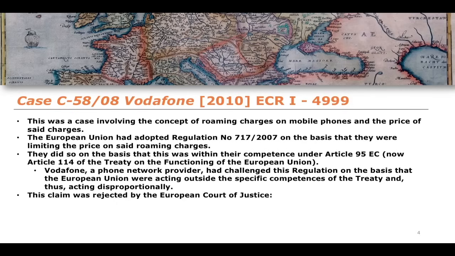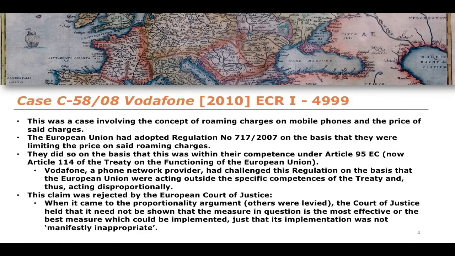The claim, ultimately, though, was rejected by the European Court of Justice. The European Court of Justice said that when it comes to the proportionality argument specifically, as I've just mentioned, other arguments were levied. The Court of Justice held that it need not be shown that a measure in question is the most effective or the best measure that could be implemented, so long as the implementation was not manifestly inappropriate. So when we think about proportionality, it doesn't have to be a very high standard necessarily, or it's a relatively high standard, but it doesn't have to be the